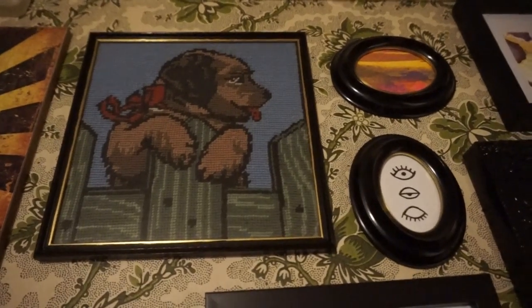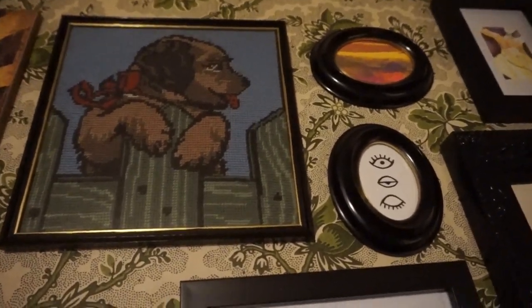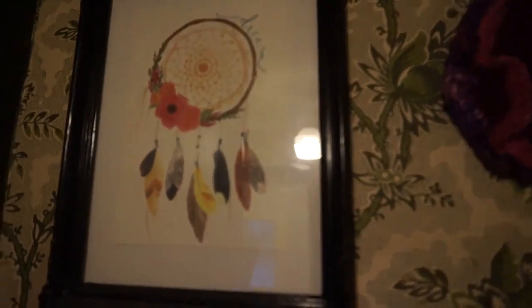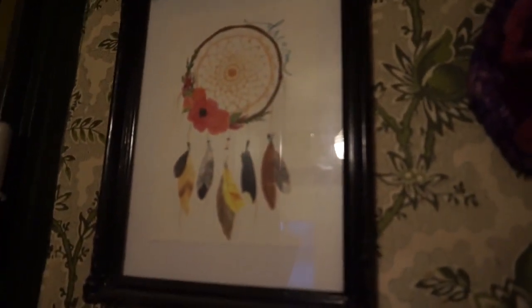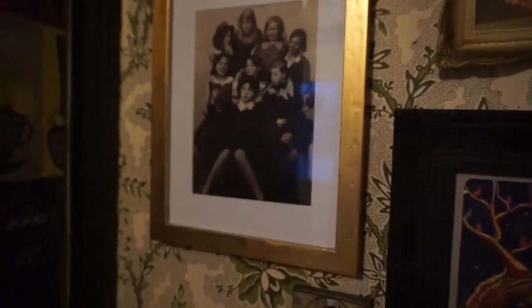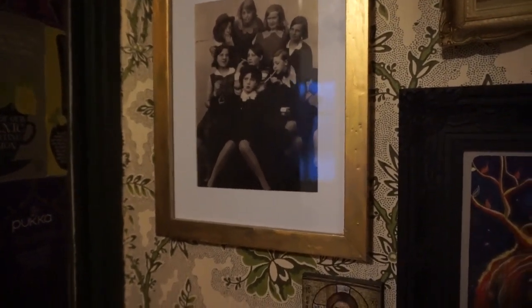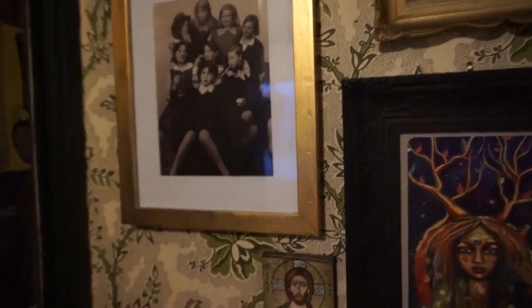That is a cross-stitch dog I thrifted. That robot is from the dollar store. That's a postcard. Let's see. That is a photograph, and